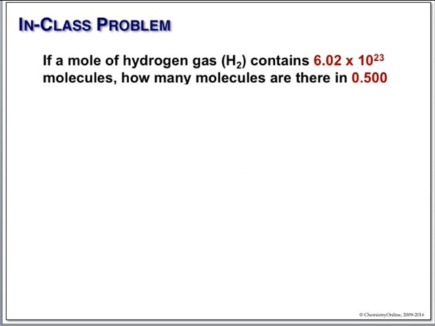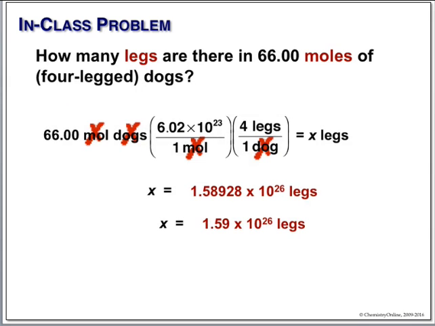Okay, Ross, where did you get the 26? When you multiply 66 times this times 4, I think that's what you get. No, she's asking why was it 10 to the 23rd and now it's 10 to the 26? Well, because we're multiplying by 66 and then by 4. So pull out your calculator and do it. But I think that's the right answer.